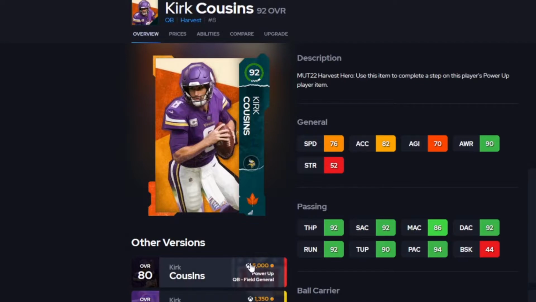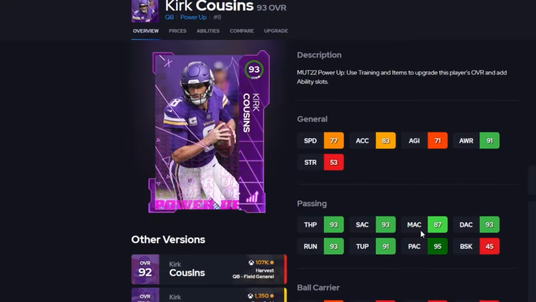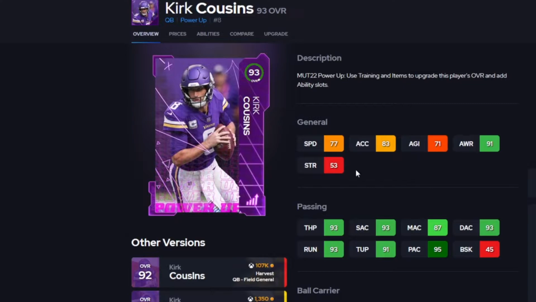5,000 coins for the power up, and you can power them up if you want to get the full updated stats, and I can actually showcase those to you guys real quick. So powered up, Kirk Cousins has like a 93 throw power. You know, he has some great throwing stats, great play action, and 95 play action, and he has a 91 awareness. But the other thing is too is that you don't have to power up this Kirk Cousins to get